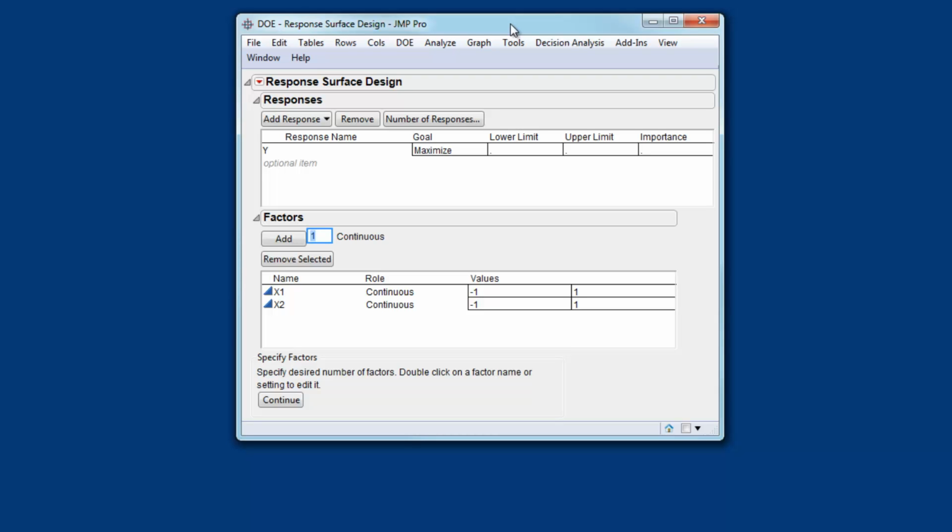By default I have a single response and I have two factors. You'll notice also the response has a goal associated with it. The goal describes what we're trying to do with this response surface, whether we want to identify a maximum on it, a minimum, or maybe some target value. I'm just going to leave the maximum for now and leave all the other defaults. So I click continue,